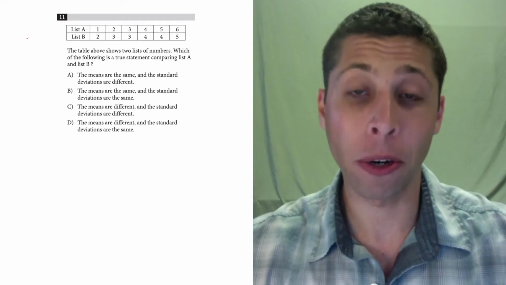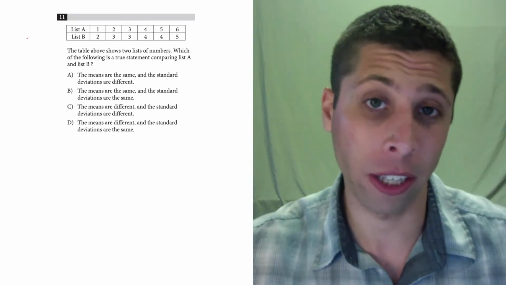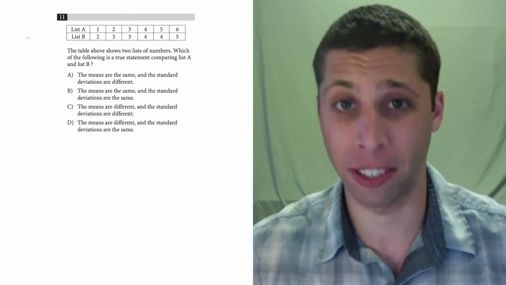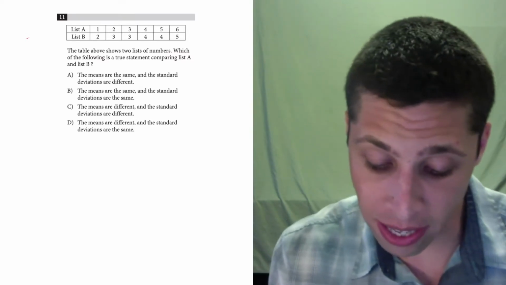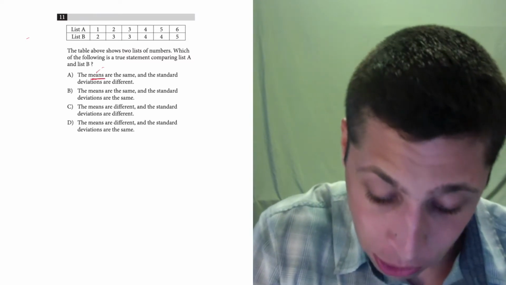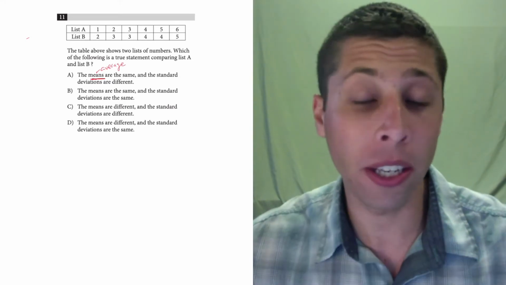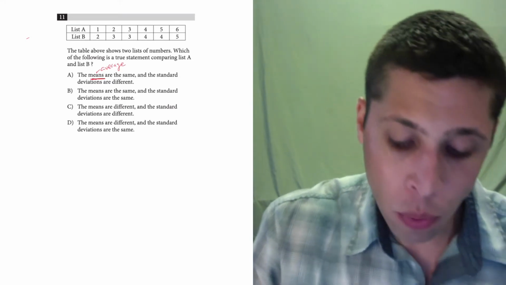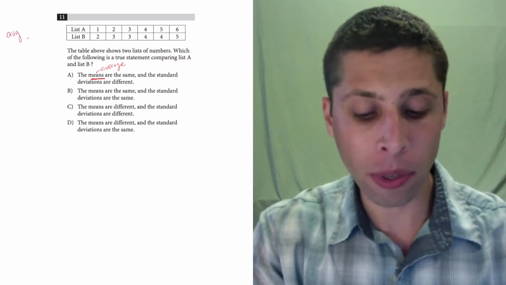For number 11, we're going to need to use two important definitions and one formula that goes with them. So this is a lot about memorizing different math concepts here. The first thing that most people recognize is that they need to pay attention to the mean, which is the average. We should know that just from normal statistics. Average and mean are just synonyms. They go together. And when we are dealing with average on the SAT, it's important that we write that formula